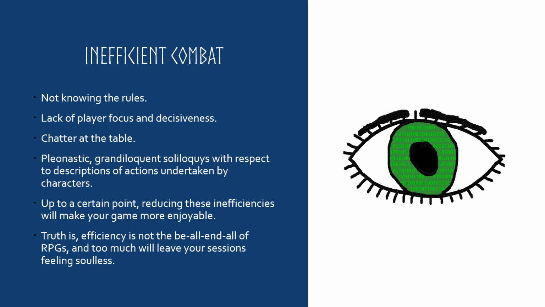Speaking of players being distracted, chatter at the table, again, can slow things down. This can be anything from cracking jokes to deciding strategy to... We once had a player join our Over the Edge campaign who just seemed to take no interest in what was happening in the actual RPG and kept trying to make small talk with all the other players, which was